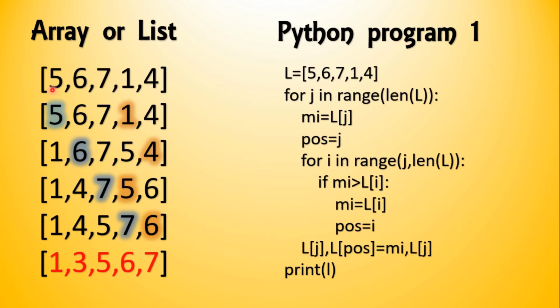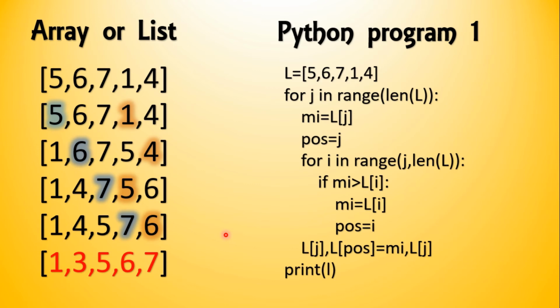Now we have to swap the numbers. I have to swap this 5 with this 1. So I swapped Lj and the position with the minimum number and Lj. This way in Lj my minimum number has come, and in the position, Lj is transferred. So the numbers have been swapped and the loop will continue for each and every number. At the last I will have the sorted list. So this is how selection sort works, and this is the common program you can see in many books and even on websites.